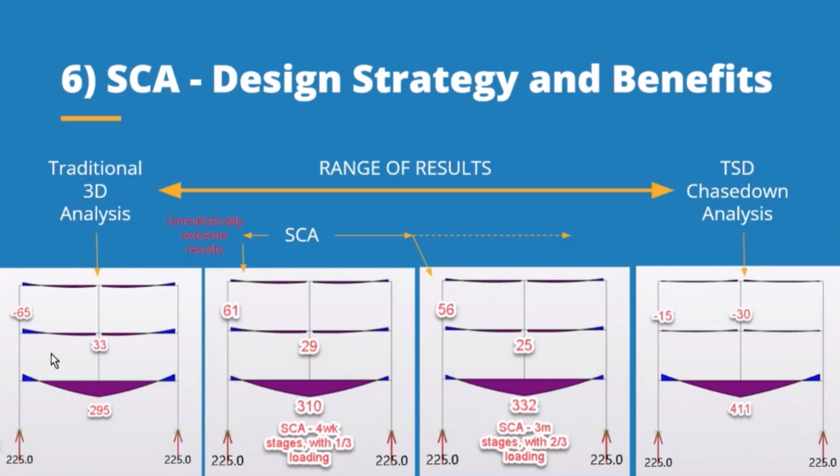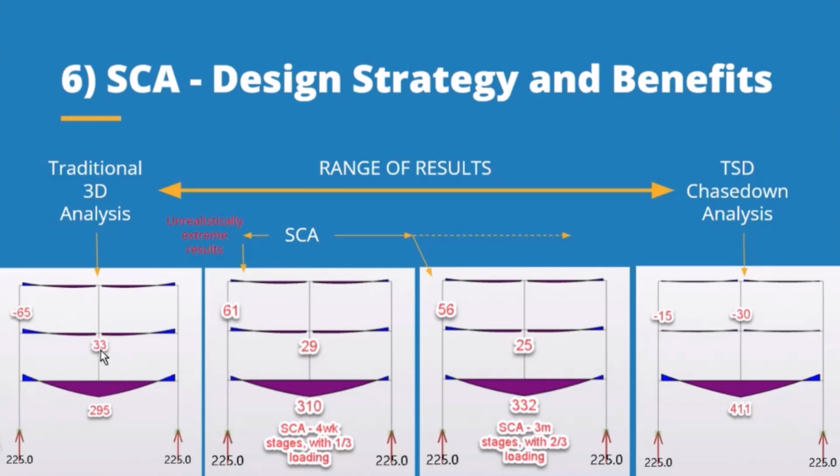More importantly, up here in these beams, I've got 3D analysis giving me a hogging moment at this end support of 65. Whereas if I designed that as an isolated 2-span beam framing into columns at each end, I would only be designing that for about -15. So a lot more moment design there.